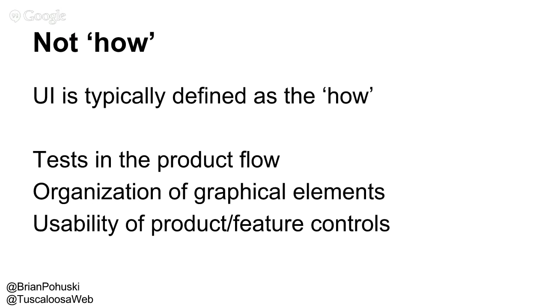That's because typically how makes more sense for UI. UI and UX are commonly interchanged in the industry, which they're not. They're completely separate things. UI is very specific, UX is all-encompassing. The how makes sense for UI in the sense that it is physically how someone is operating something, doing something, getting somewhere, flowing through something. It is the how that they do something with your product and service. UX is everything from the very beginning all the way to the very end, and all the testing in between.